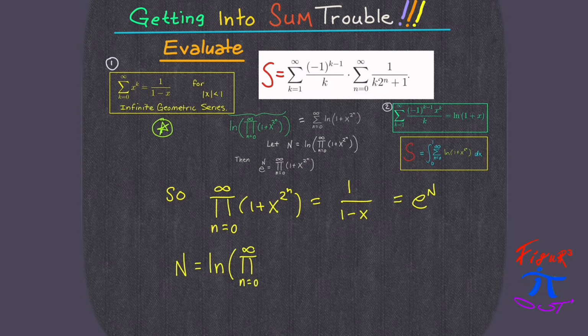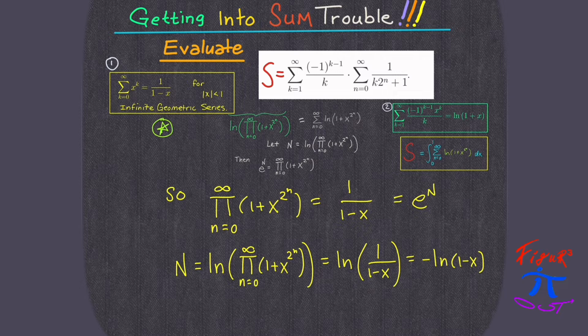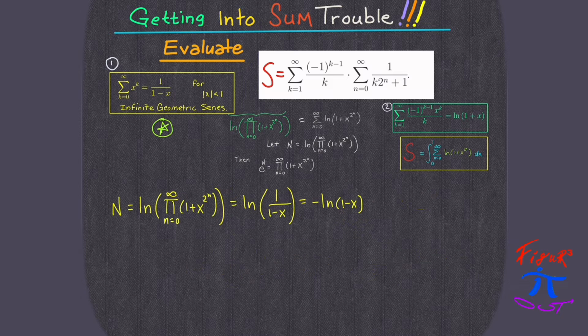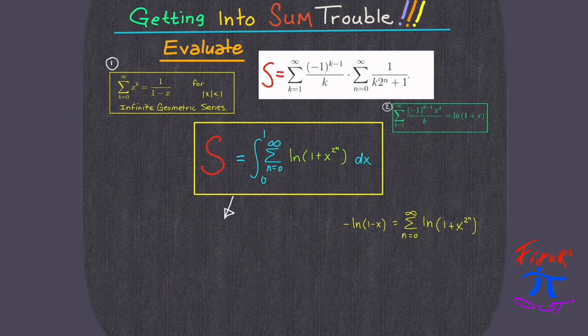So now our number capital N is the natural log of this product, so it's the natural log of 1 over 1 minus x, which we can rewrite as negative natural log of 1 minus x. So the negative natural log of 1 minus x is the infinite series of natural log of 1 plus x to the 2 to the nth power. So now we have a simpler way of writing that infinite series. Now integrating that simpler integrand,